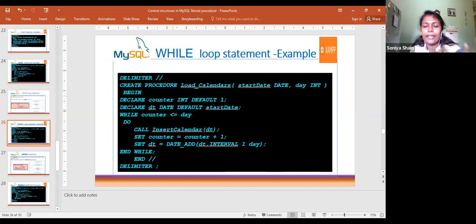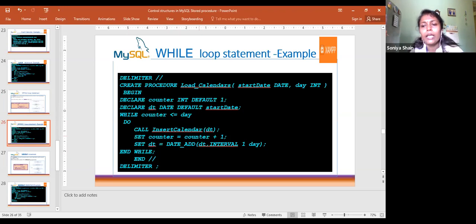So I am taking the same example only. I am going to insert the date into a table. In the same way it will execute for 15 days, or 10 days, whatever you are giving, it will insert the values according to the starting date. Here comes the while statement: while the condition counter is less than or equal to day. Counter means the starting is 1. I am giving day, meaning how many dates. So 15 or 10 or 5, it will check 1 less than or equal to 5. Then it will insert. Then the counter will increment here.